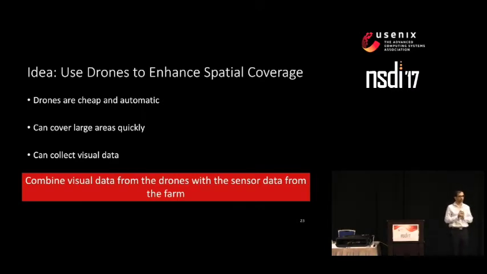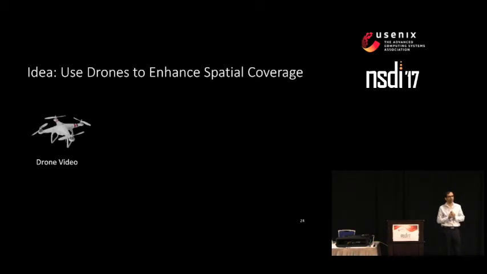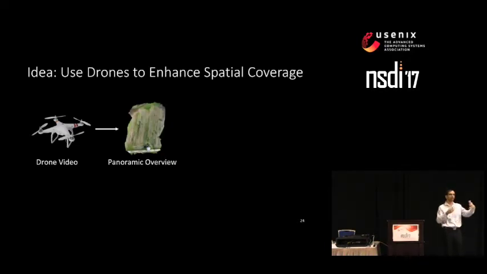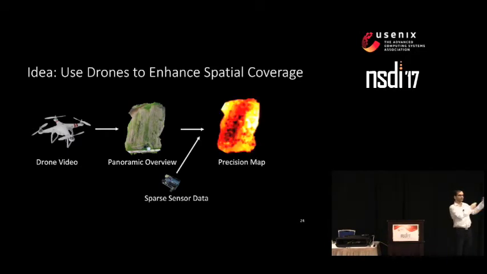And let me tell you how we do that. We take a drone, we send it across the farm to do an aerial survey of the field. We combine this aerial survey into a compressed overview of the field, which looks like this. This is the panoramic overview of the farm. And we compress this overview, combine it with the sensor data, and create a sensor map like this. This sensor map has the value of the sensor at each location of the field, even though we have a very small number of actual sensors deployed.